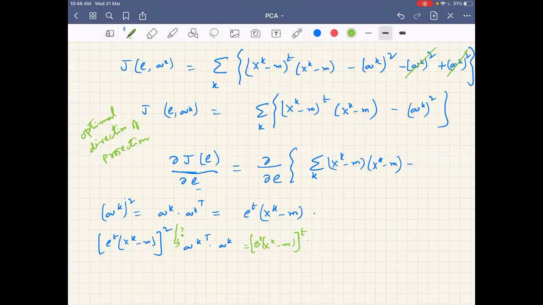Oh, okay. But how are you going to subtract? In the third step, it was supposed to be (xk minus m) whole transpose into (xk minus m), right? So there we'll essentially get a scalar, but you can't subtract a scalar from a vector unless you are subtracting from all the elements, if that's what you mean. No, sorry. This is a transpose, M is here.